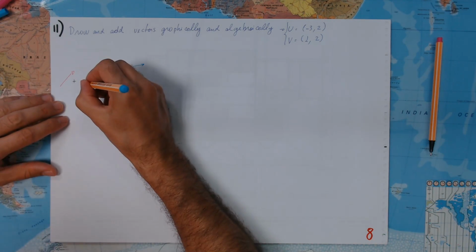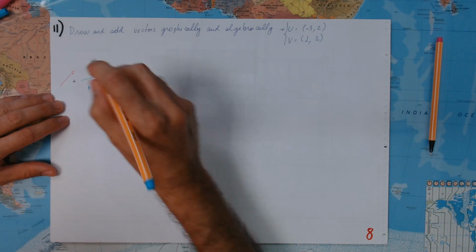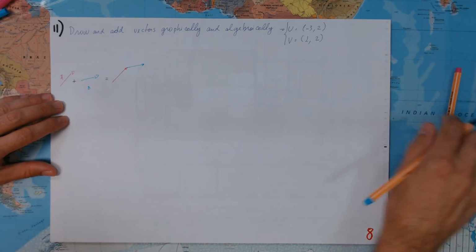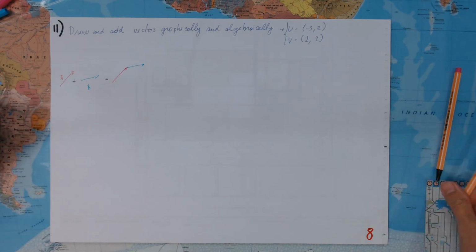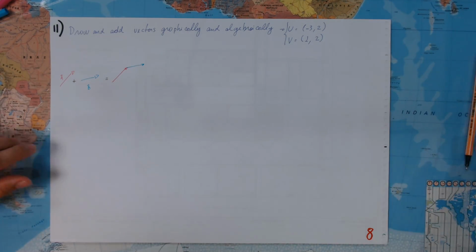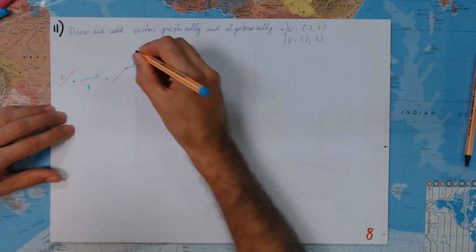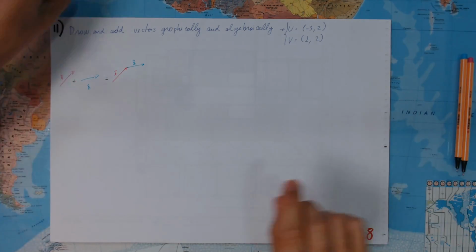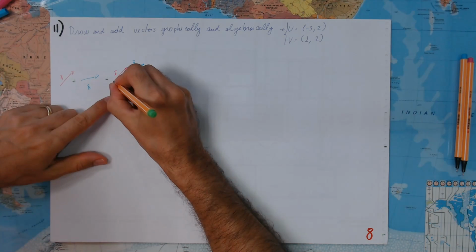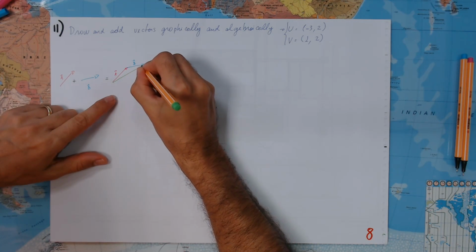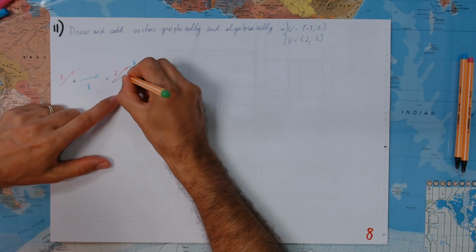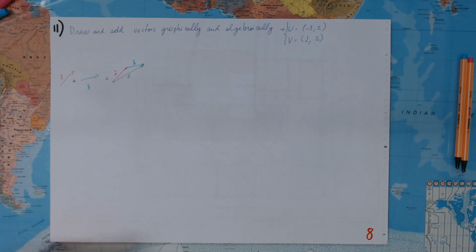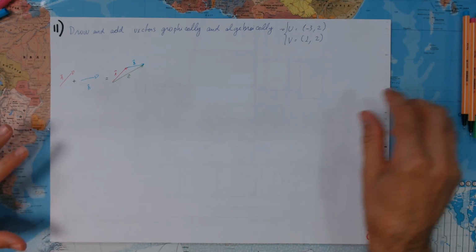If this is B, and if this is vector A, we just put an arrow to indicate it is a vector, and this is going to be B, this is going to be A, and therefore the result of that is going to be vector C. Okay, and this is our C. Well, when you just add them,